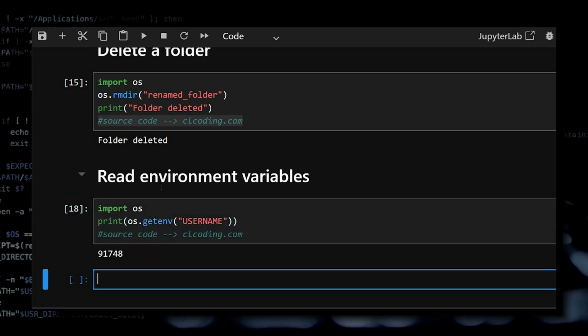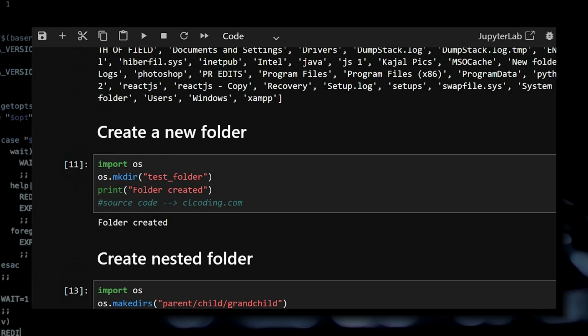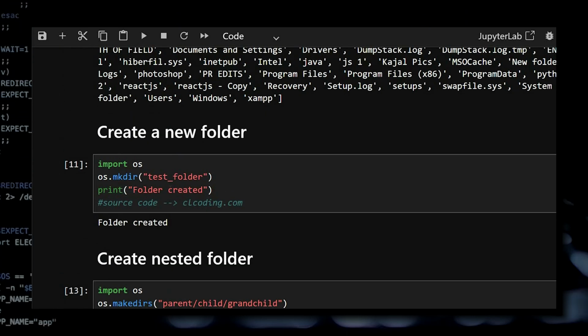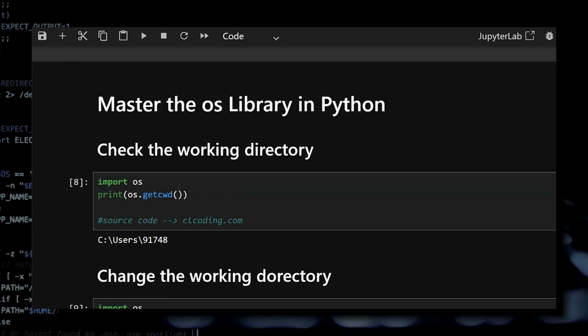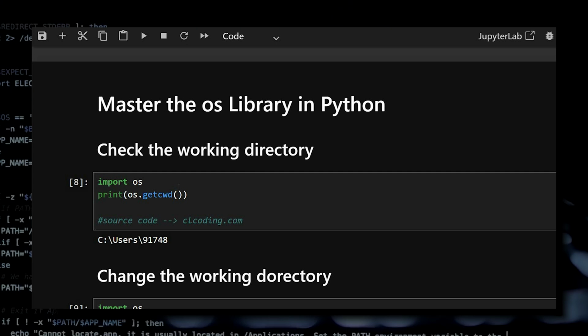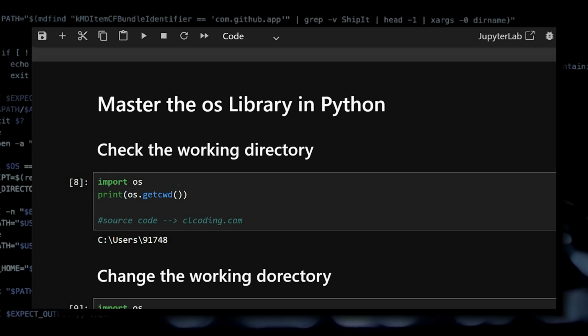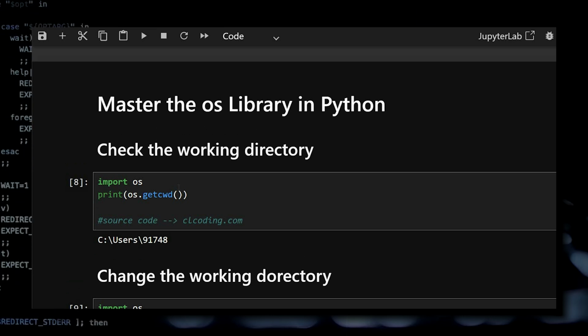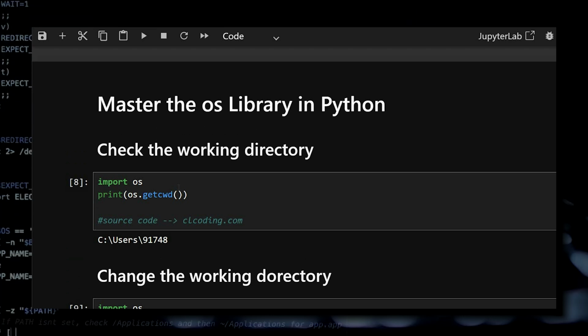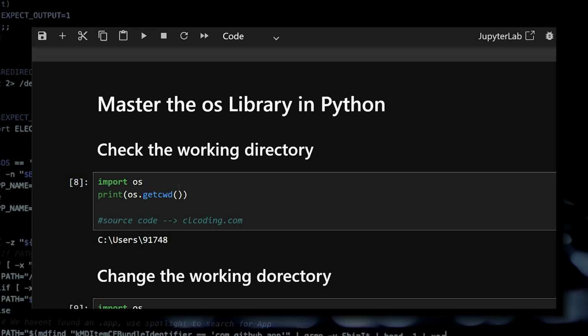By mastering the OS library, you can learn how to control directories and paths, automate folder creation, interact with system commands, read operating system configuration and build real automation scripts. So the OS module turns Python into a powerful system automation tool which is used in file management, server scripts